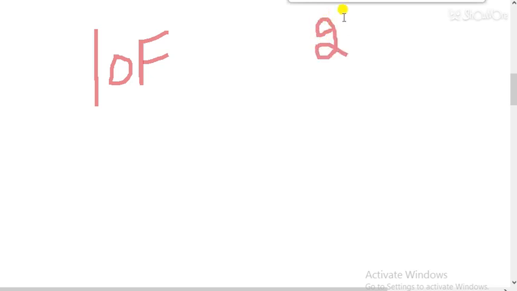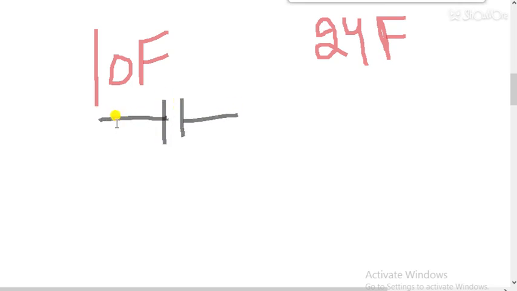So now we are taking some more examples. Like I have a capacitor of 10 farad and let's suppose I want to get 24 farad. 24 farad I have to get. So what can I do? Firstly I will connect 2 capacitors like this, one of 10 farad, another capacitor of 10 farad, so that I can get 20 easily. So after getting 20, I have to think what I can do.